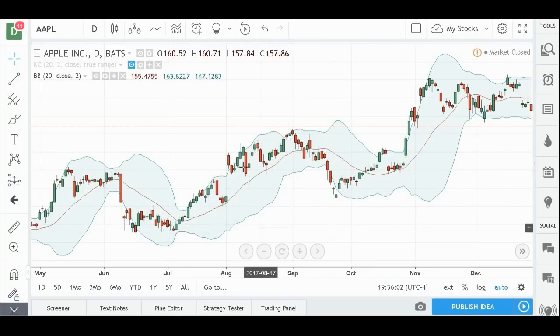And then some people consider if it closes above the upper band and then closes below, they could consider that a time to sell or even a time to short. Although short selling is a more dangerous game than just going long. So be careful if you're going to use the upper band as a shorting signal. It may be safer just to use it as a signal to sell if you already bought the stock. And this works not only for stocks, but for commodities, currencies, cryptocurrencies, and so on.